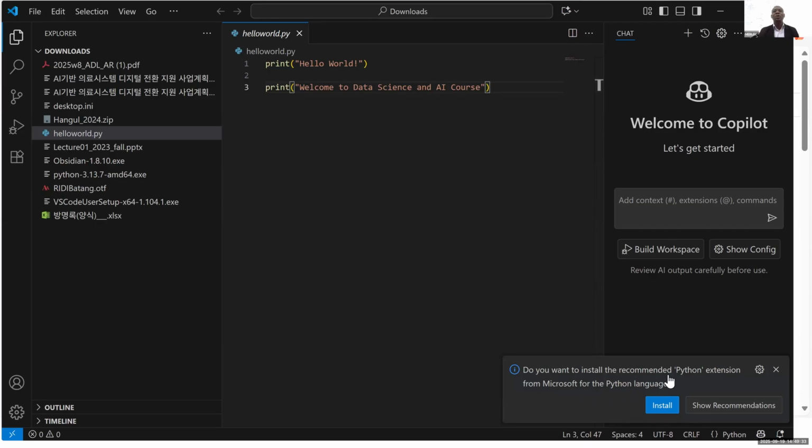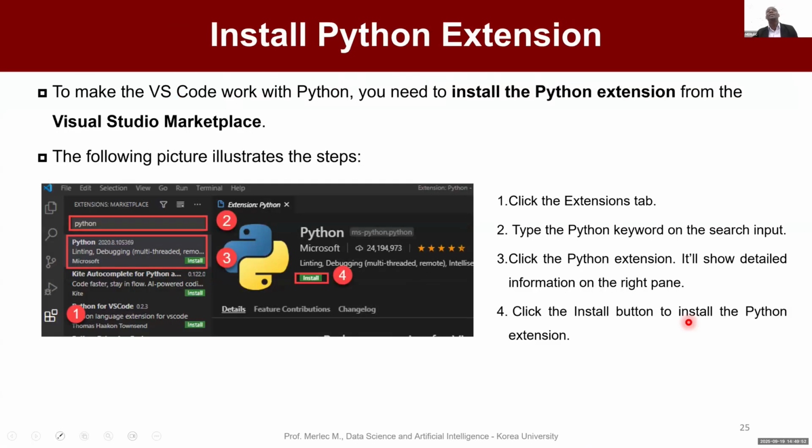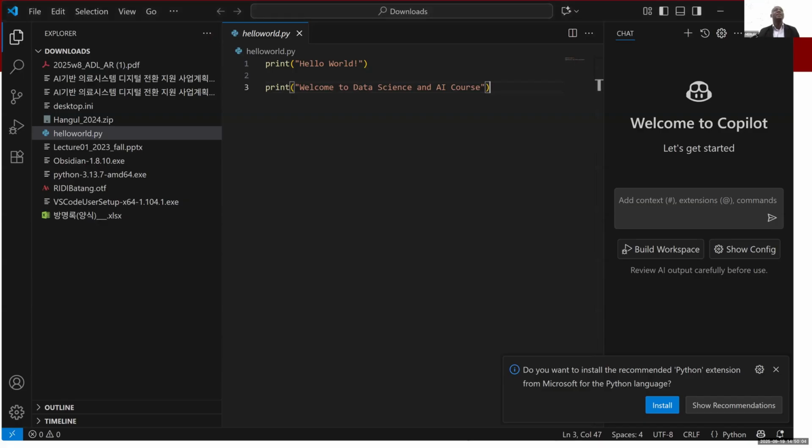It asks me to install the extension. Okay. For me to install the extension, if you don't have this pop-up, as I've shown in the class material, you just have to go to the extension and find Python. Fortunately, in my case, it is available. VS Code has detected that, but in other cases, I just have to go